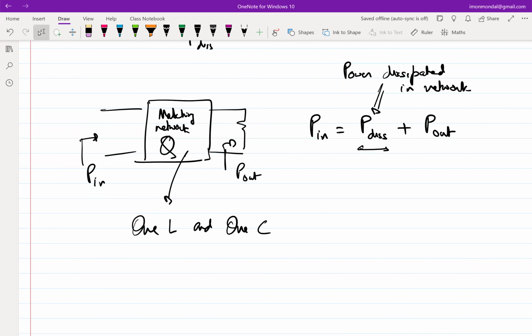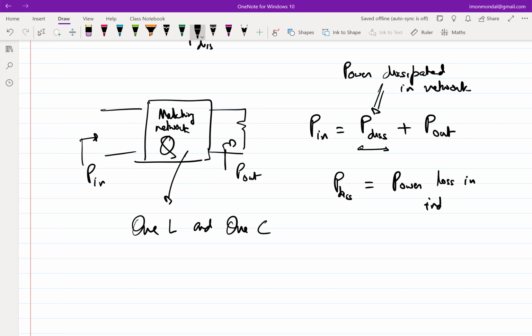And I'll make another assumption that power dissipation in the network is mostly due to the loss in the inductor and not because of the capacitor. We are not working at the millimeter wave regime where capacitors are lossy. In this course, we are working in the gigahertz, couple of gigahertz range. So we'll assume that the loss is because of the inductor and not the capacitor. That's an assumption. So essentially your power dissipation is equal to power loss